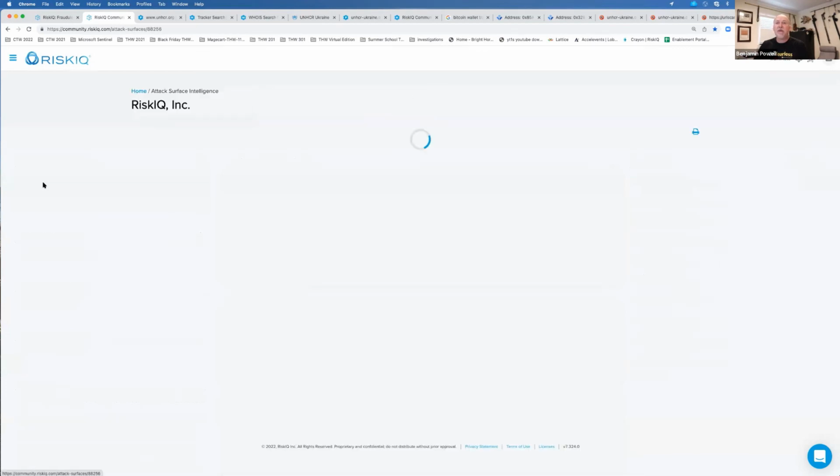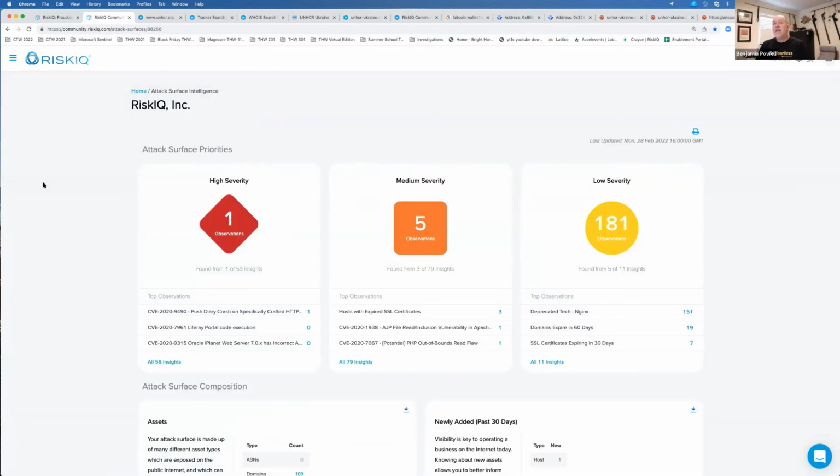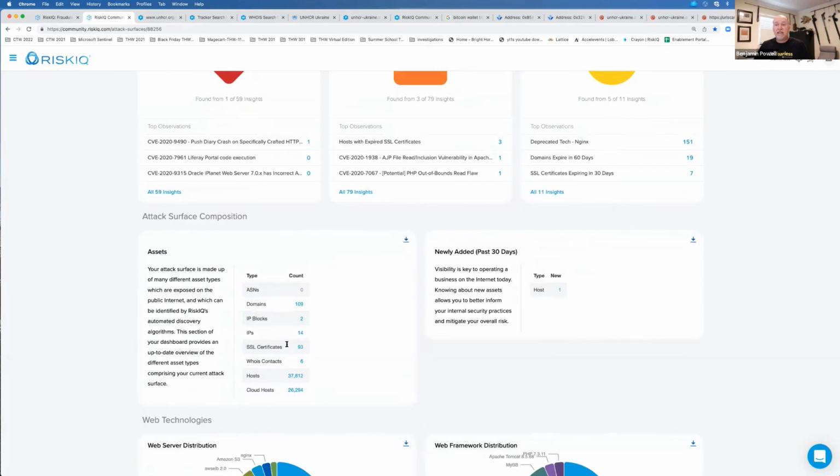So for example, if I come into this area, this is RiskIQ's digital footprint, everything that's externally exposed on the internet. And with that, we know all of the domains, IPs, certs, hosts, cloud services that we're using. We have that information. So that's the map. If you take the map of the internet, this is RiskIQ's part of the internet. And from that, we filter those articles to say things that belong to you.